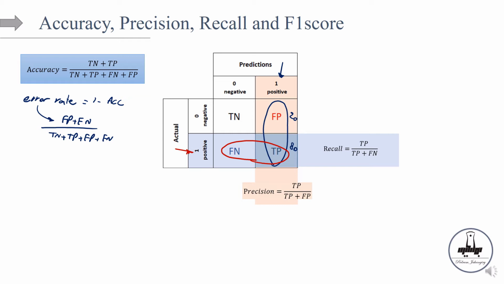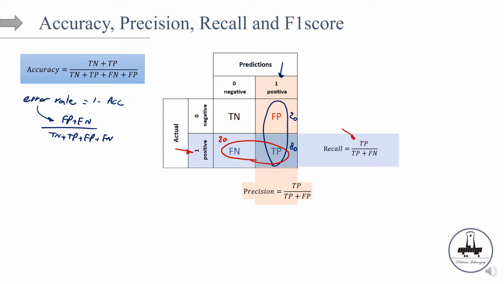So let me give you again the same numbers maybe here, so 20 and 80, right? So if that's the case, we have 100 observations that are actually class 1 in the data, and the model is able to predict 80 of them, recall 80 of them, right? So the recall is going to be true positive divided by true positive plus false negative. So in this example, it's going to be 80%. And as you can see, if I want to go back to our previous example,